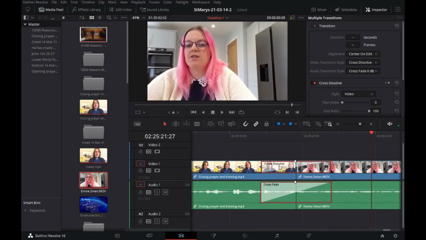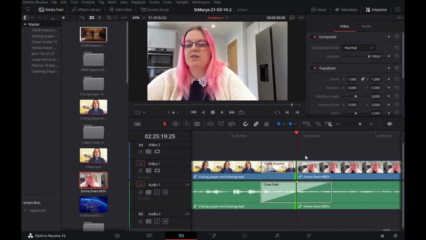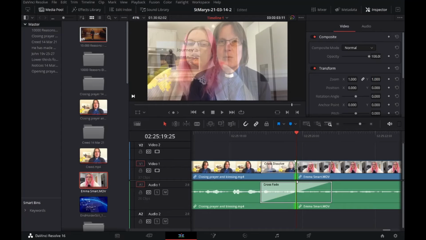You could see that crossfading and hear it crossfading as well. Now, another useful one here: if you have a transition selected, say with the V key, so it's gone green at the edges there,